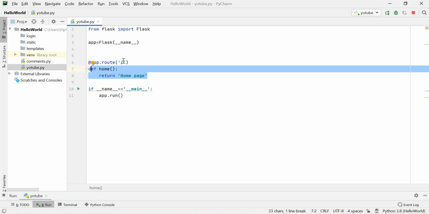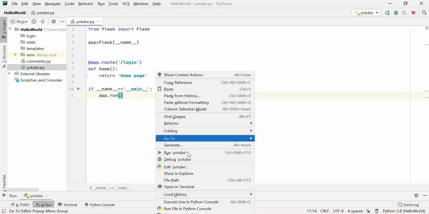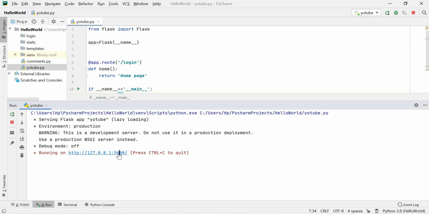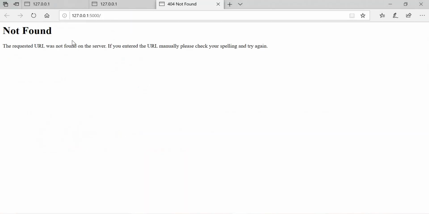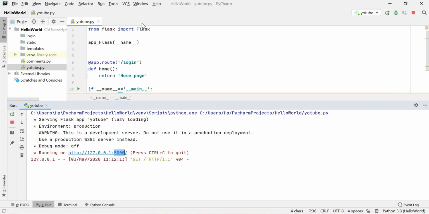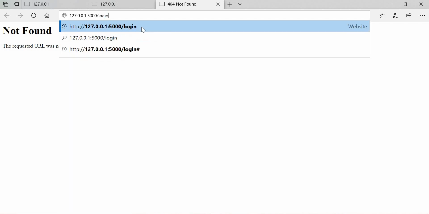If you want to change the route, let's say login, just Ctrl S, right click, run YouTube. You will get this URL. You just hit over here, you will get not found, because I have given the command /login. So I need to put login over here, then press enter.